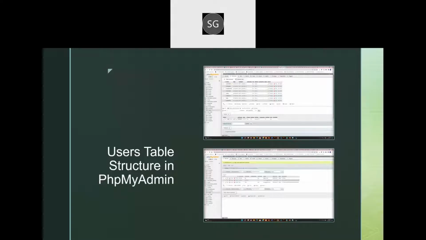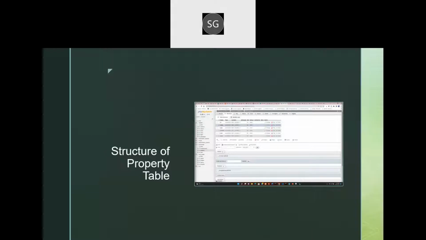And the main elements within our database are these tables called users, properties and booked properties. Booked properties are nothing but the favorited properties. So here we can see how each of these tables were organized within our database. So this basically is our users table where we have the username, first name, last name, middle name, email, cell phone number, and password, the general basic user registration page. And here we have the structure of our property table where the details of the property are stored.